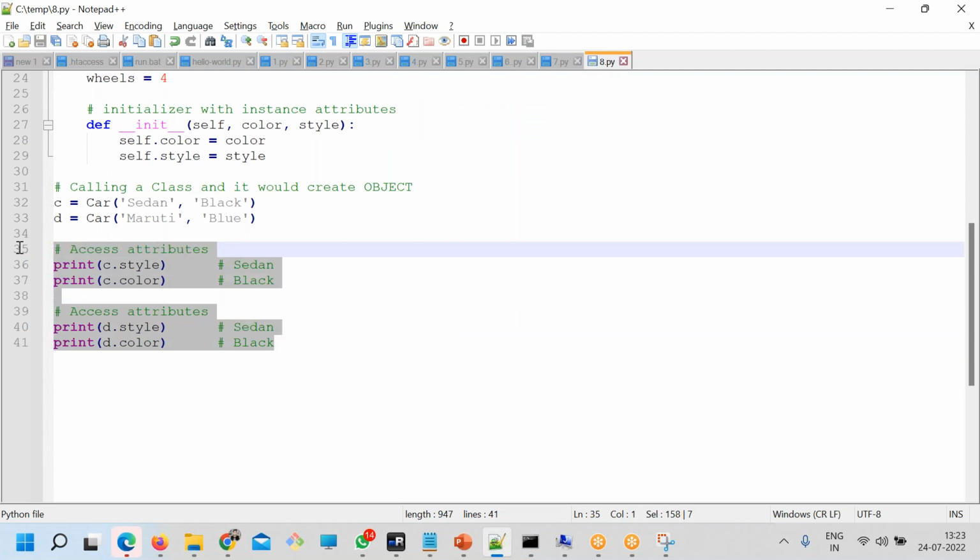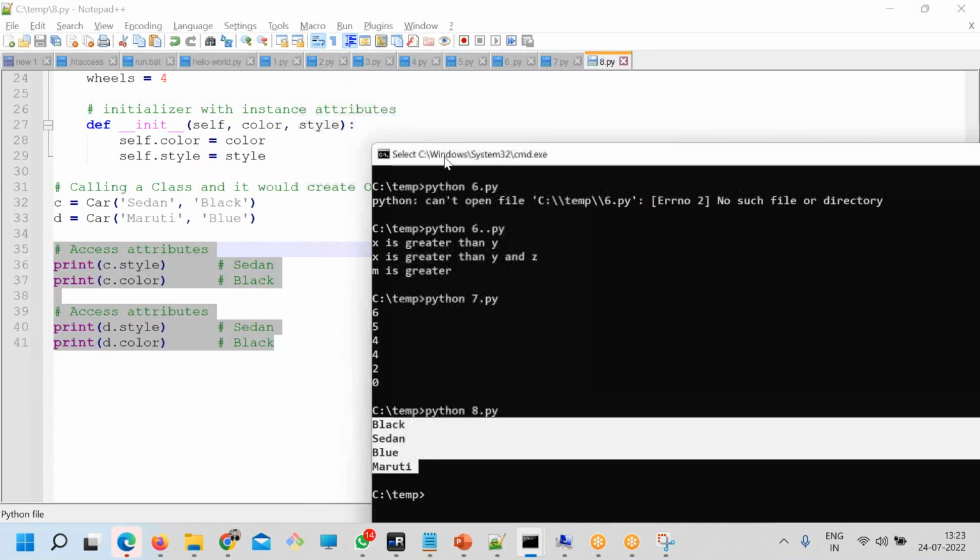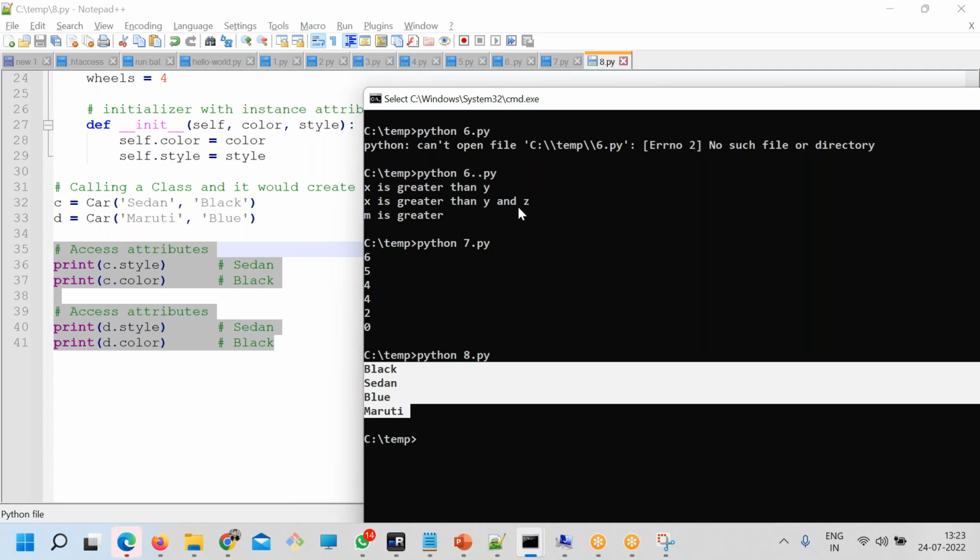Now the question is, how does this impact real things? Let me put it this way. Take Facebook.com. You log in, right? How many people log in? Millions of people.